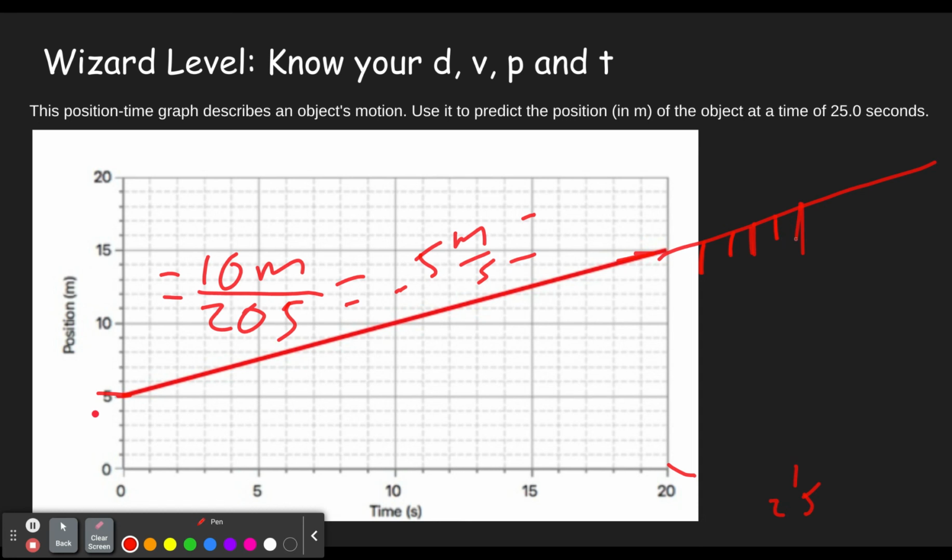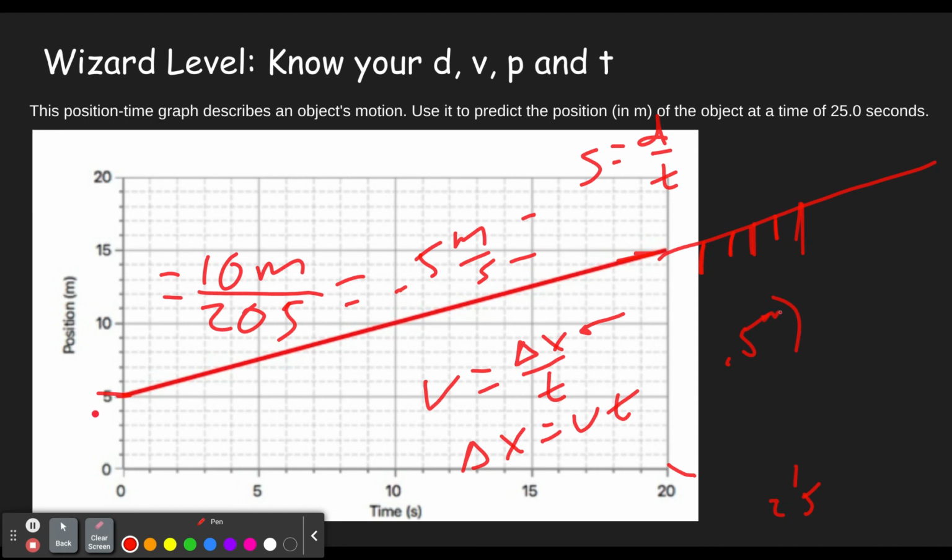Okay, you could also use an equation here. If we have the velocity equals the displacement divided by the time, that's just the way I tend to write this equation. Because for velocity, it's a little bit more accurate. Right now, as I mentioned, they're virtually the same. But if we want to figure out where something is, its change in position, we can do delta x, just multiply both sides by t. So then you get the velocity of 0.5 meters per second times the time of 25 seconds, and you'll be able to see that we get, whoops, I don't know why I did divided by, let me do equals